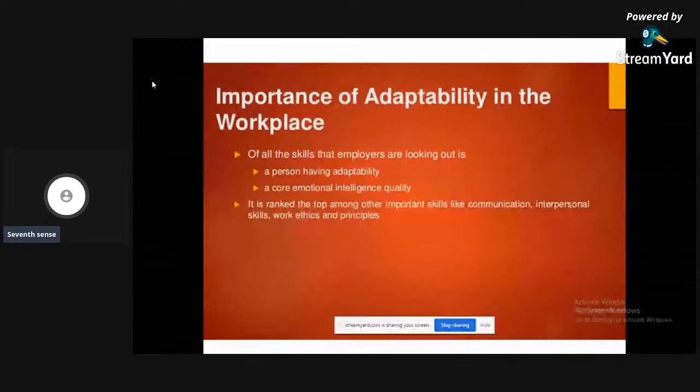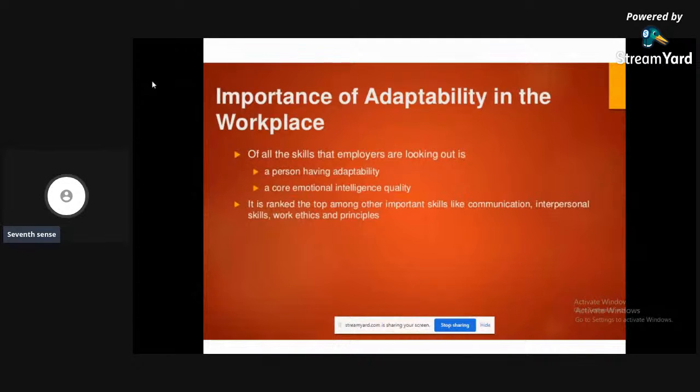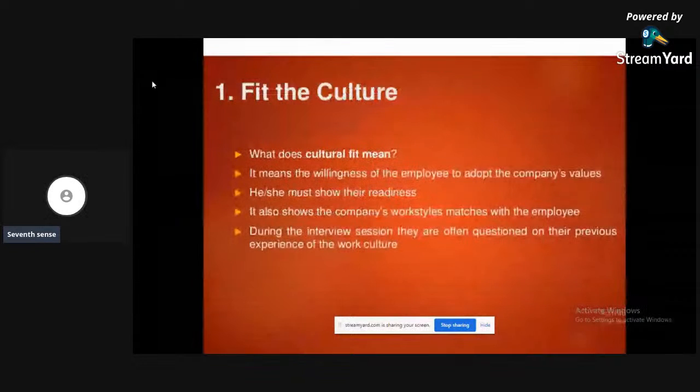Multiple tasks and being ready to change according to the situations. So when you're adaptable in nature, you're going to crack the interview easily. It is one of the most sought-after skills in the corporate world.